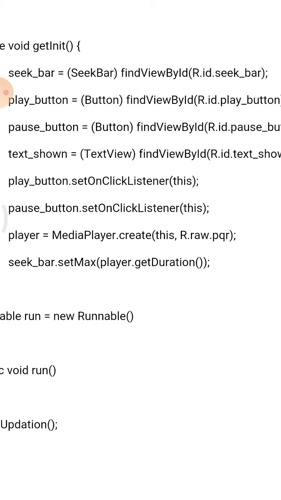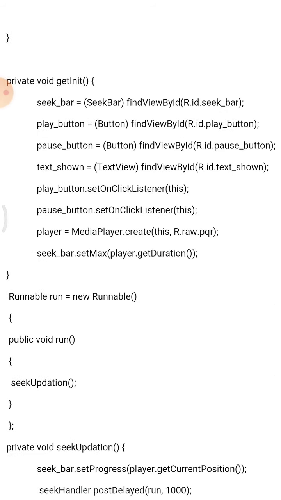The pause button will pause the playing of the song. Then depending upon the event generated by the play or pause button, the text view will display accordingly. playbutton.setOnClickListener is the keyword used to capture the play or pause button activity.